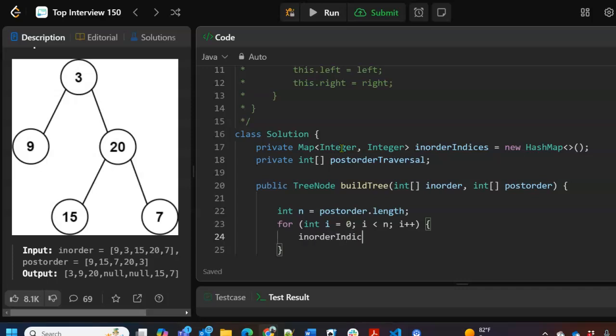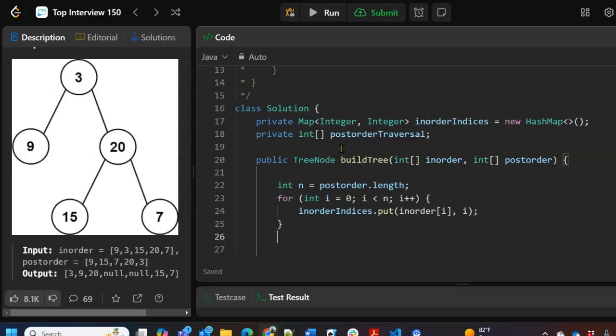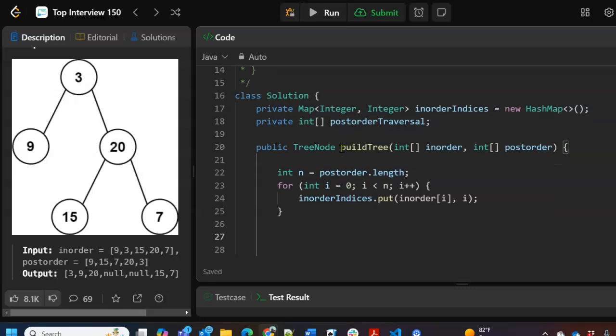inorderIndices.put, and that will be inorder[i] and i. So the value and the index. Okay. Anything else? I don't think so. So from this point we can say return